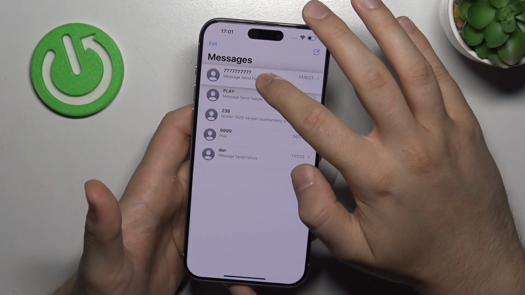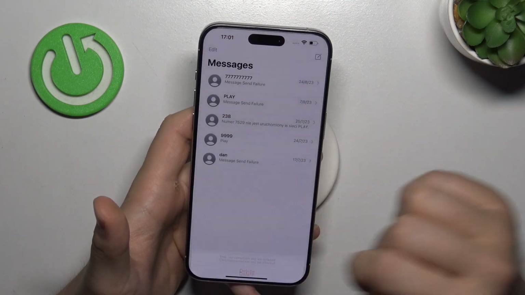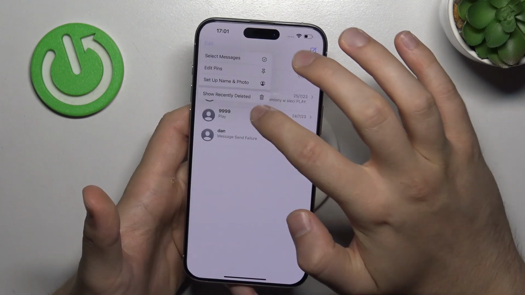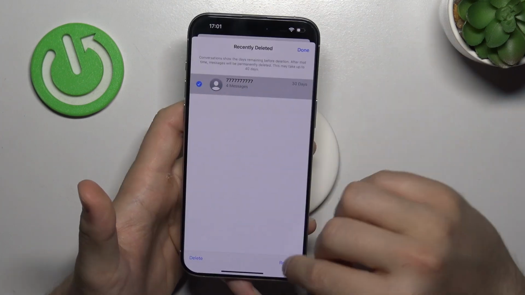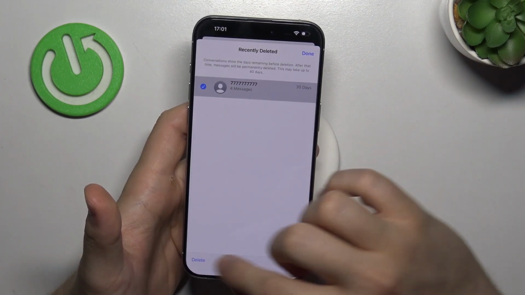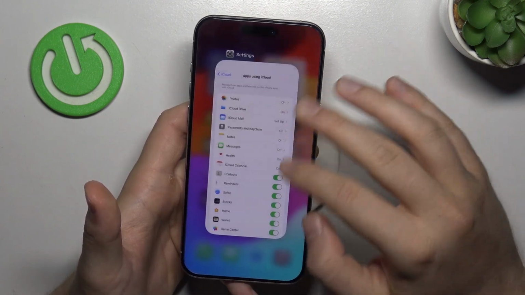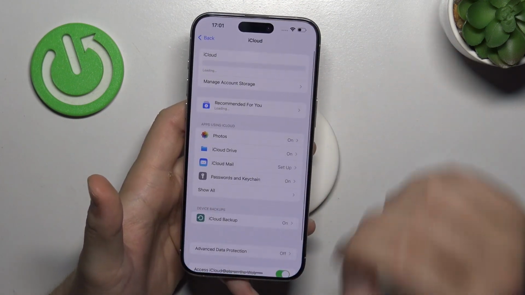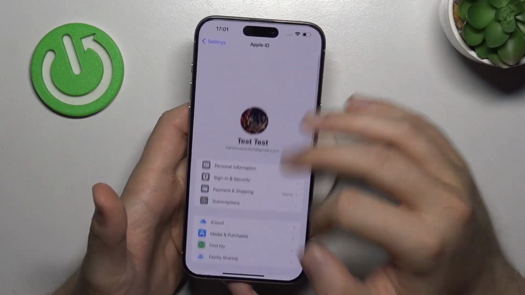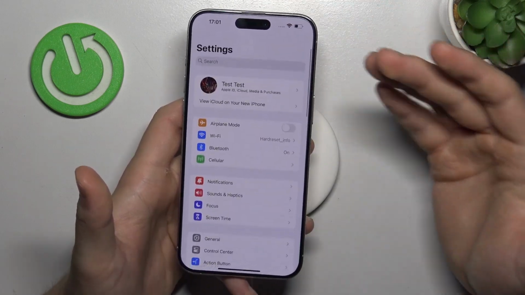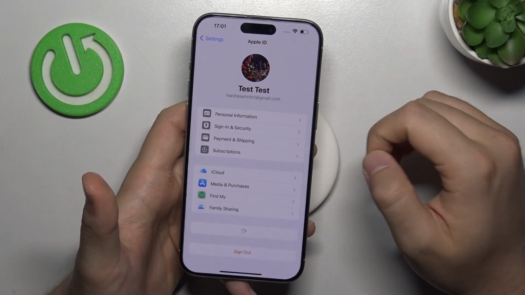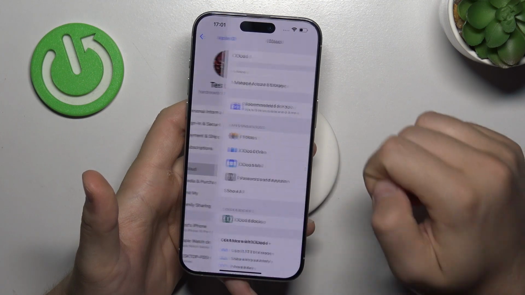But when you delete it right here and also remove it from the recently deleted. Okay, so let's get rid of that. Click done, and right now what you have to do is just open the settings, and I'm going to show you step by step. So here we are, we have to open our Apple ID, and then we have to go for the iCloud, and here,